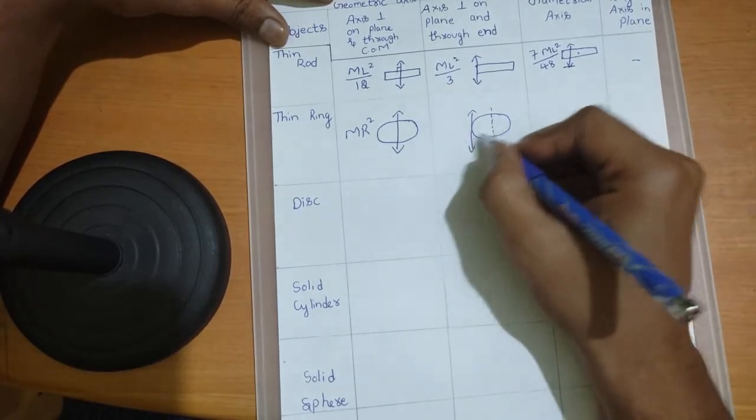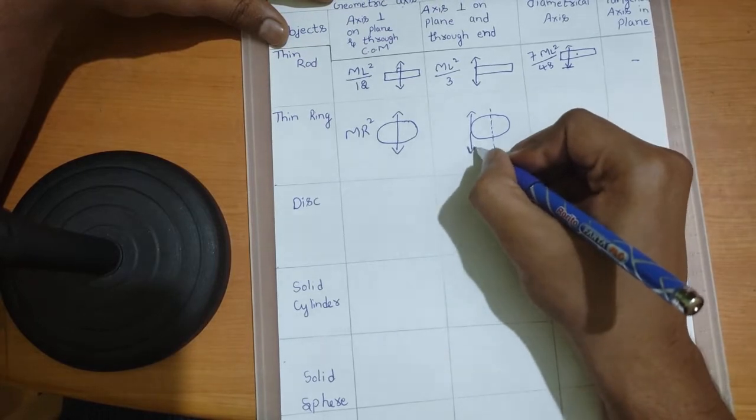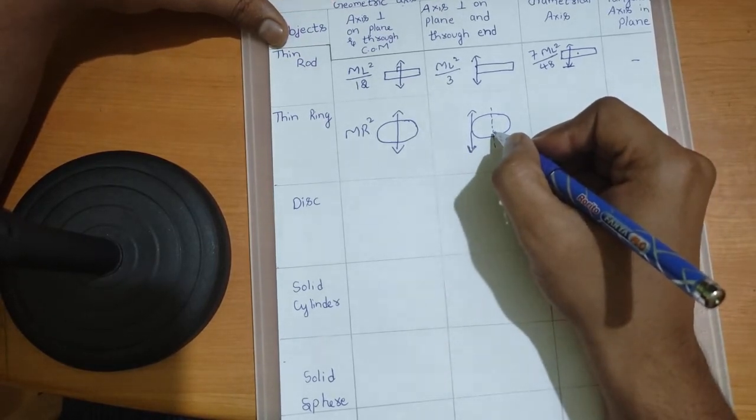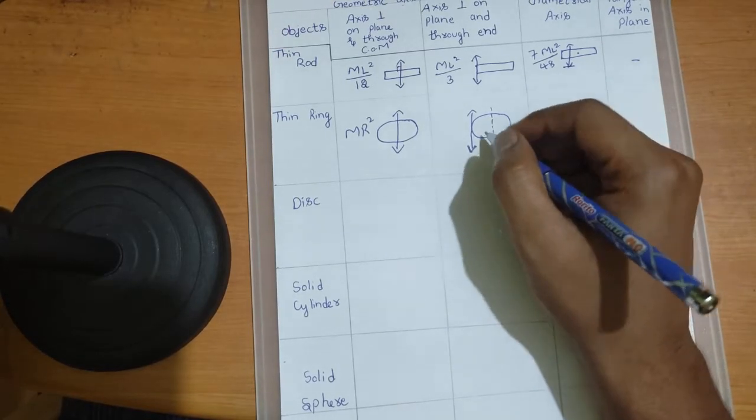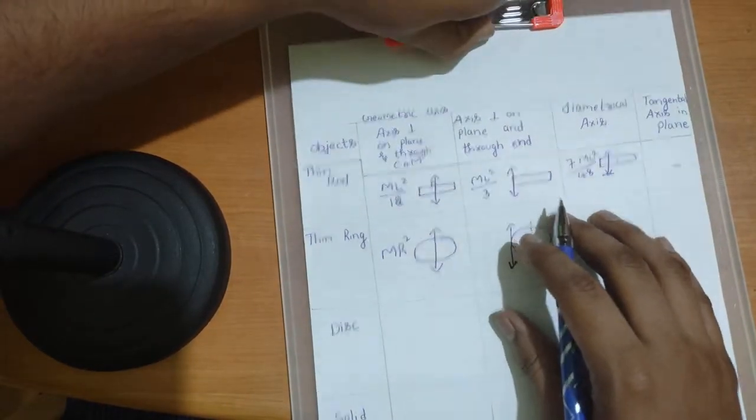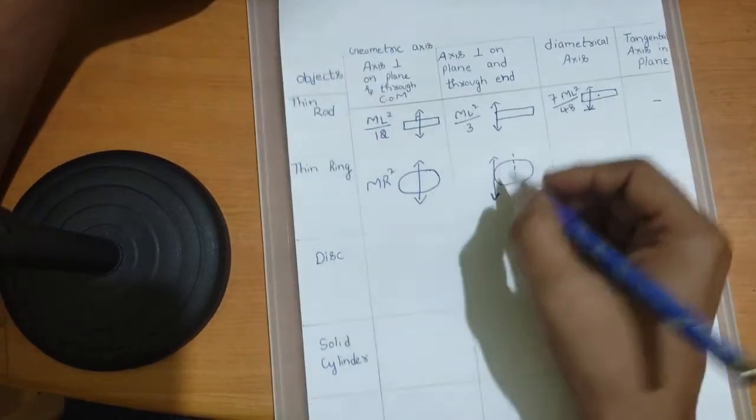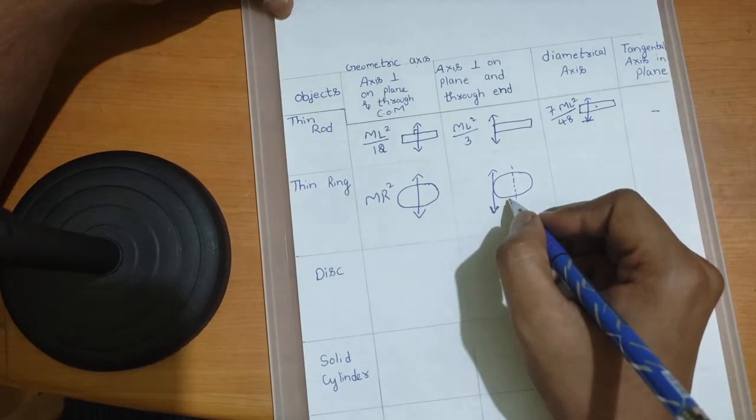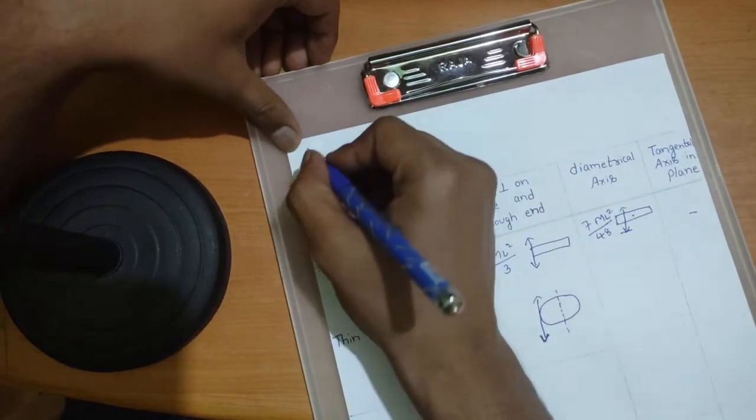Now just look at these two axes. What can you conclude? How are these axes arranged? Parallel or perpendicular? Obviously parallel, right? So here comes the shortcut trick. Now I'll be telling you the shortcut trick. This case is the parallel axis theorem. We have to apply the parallel axis theorem. So the shortcut trick for the parallel axis theorem is